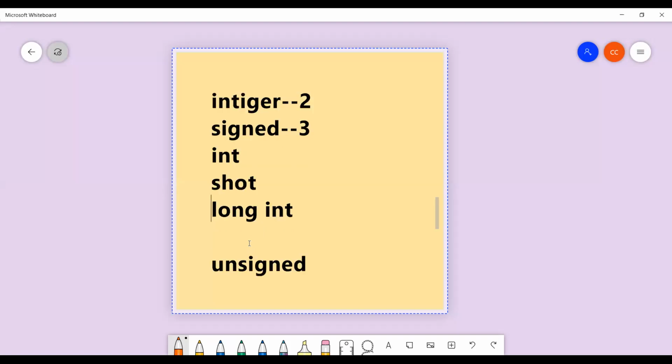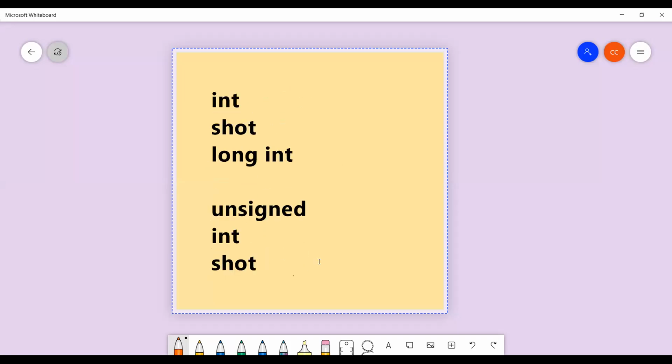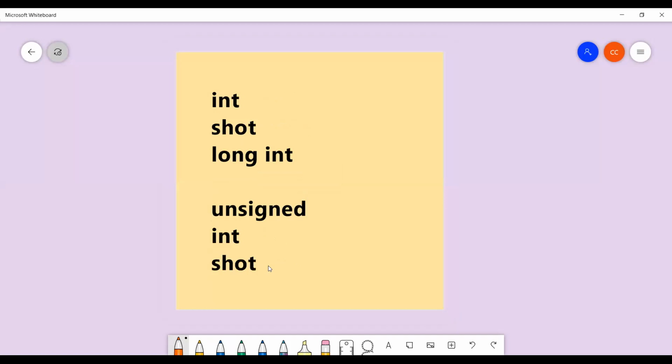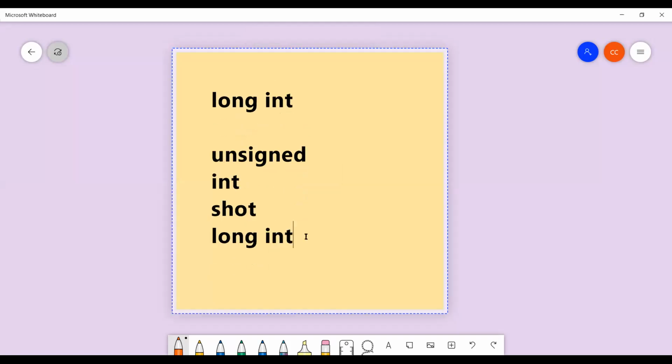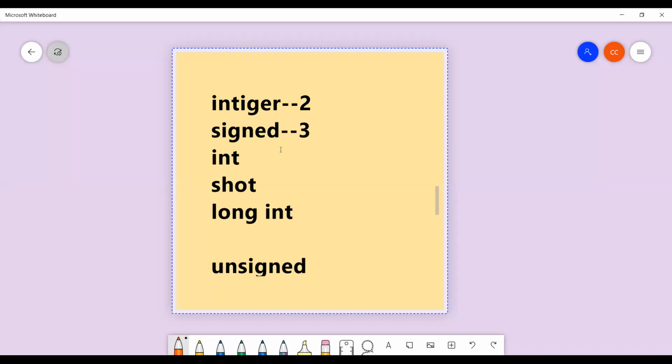Next, unsigned is again divided into three ways: unsigned int, unsigned short int, and last one, unsigned long int. Here, you observe that integer is divided into two ways, signed and unsigned.